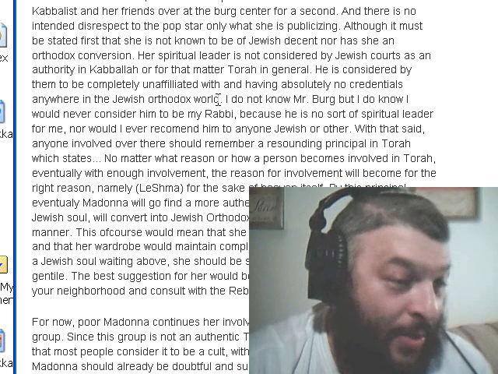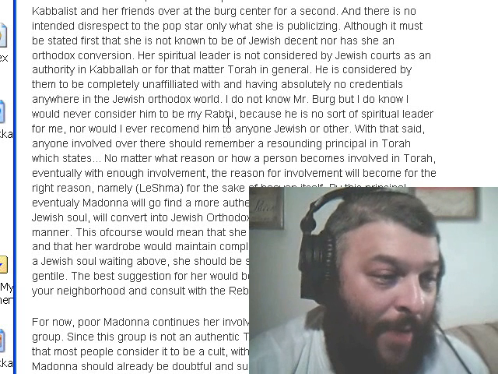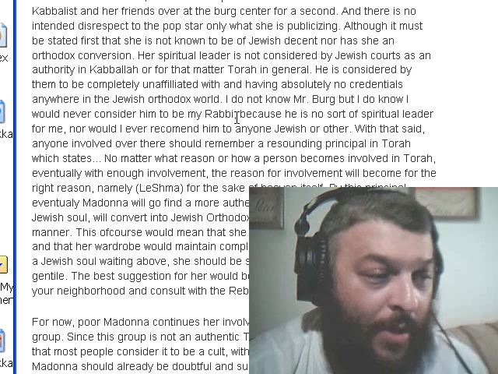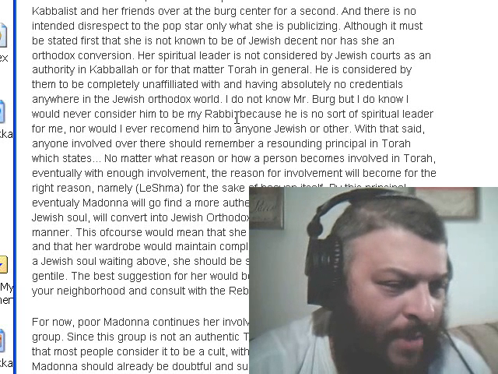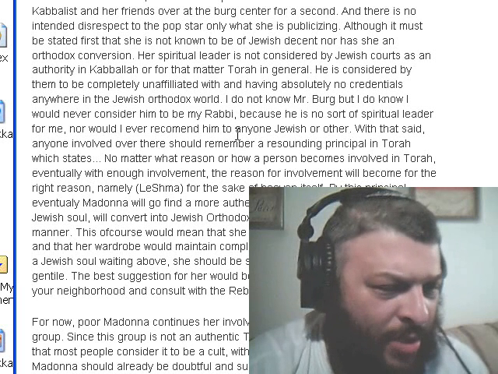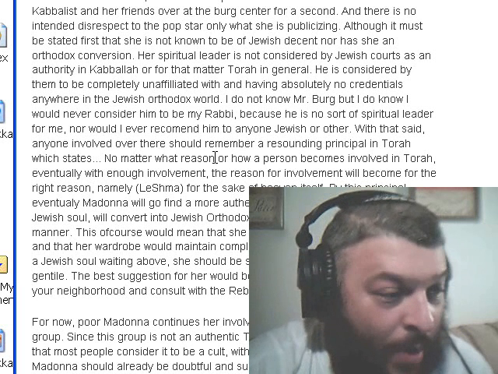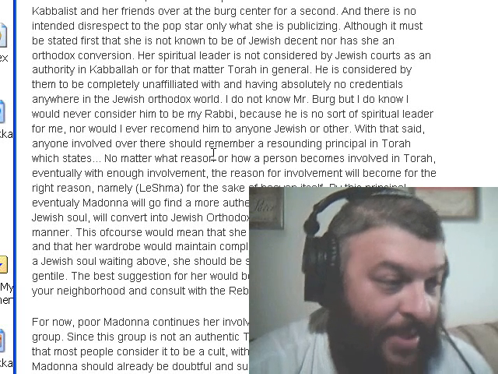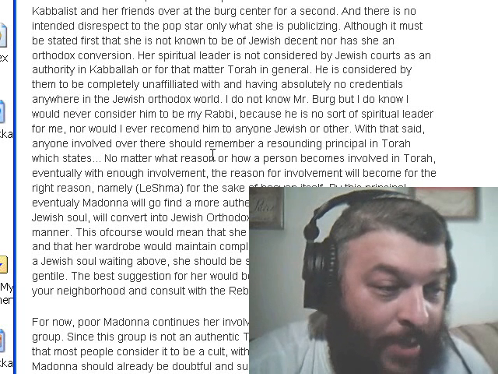Berg, but I do know I would never consider him to be my rabbi, nor would I ever learn any Torah from him, because he is no sort of spiritual leader for me, nor would I ever recommend him to anyone Jewish or other. With that said, anyone involved over there at the Berg Center should remember a resounding principle